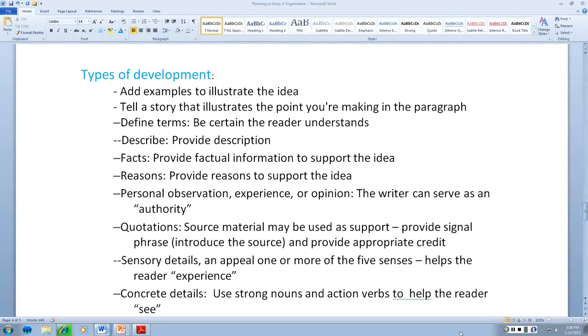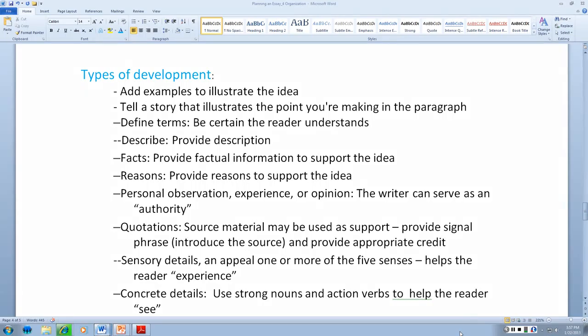We can add examples to illustrate the idea. Again, representative. We can tell a story that illustrates the point you're making. Just like you can tell a story for the whole body, you can tell a story that develops the idea of a topic sentence. You can define terms. It's important that the reader understands what you mean,